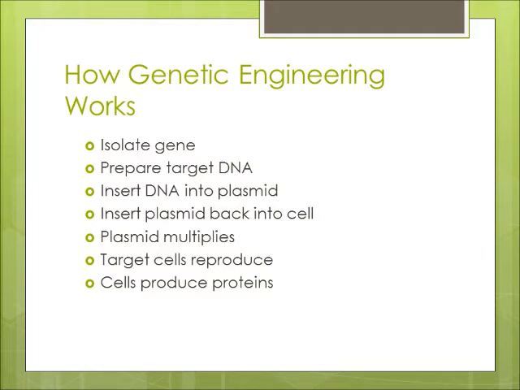Once scientists discover a superior trait in an individual, they are able to isolate the gene and determine the genetic code for the protein. After isolation, the small chunk of DNA is inserted into a plasmid, which contains all of the necessary components for replication. When there are enough replicated segments of the gene, the plasmid can be inserted into the target cell for further replication and protein synthesis.